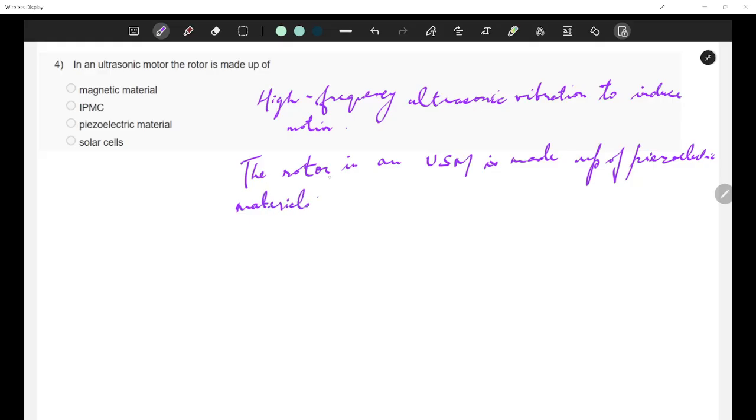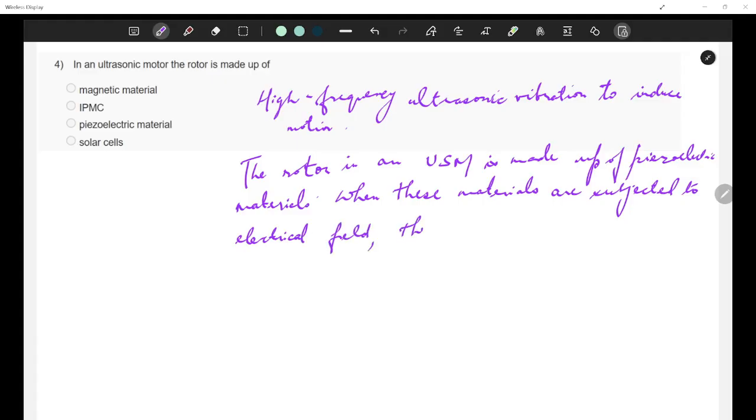So when these materials are subjected to an electrical field, they undergo mechanical deformation or vibration is the thing that comes into effect.